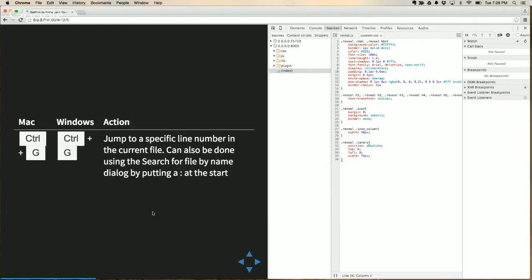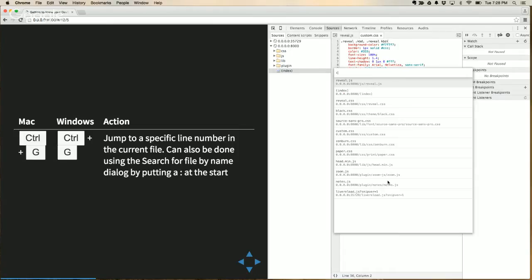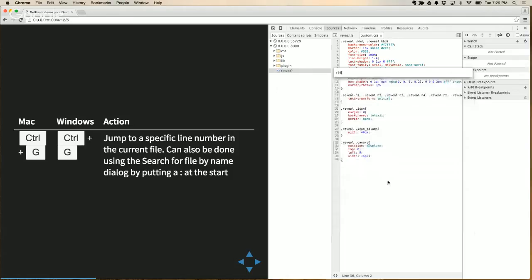That's really handy. Control G, and you can do this with Command P as well, but this is Control G on all platforms. We'll bring up the same find file dialog, but with a colon at the start, and then you can type in a line number,